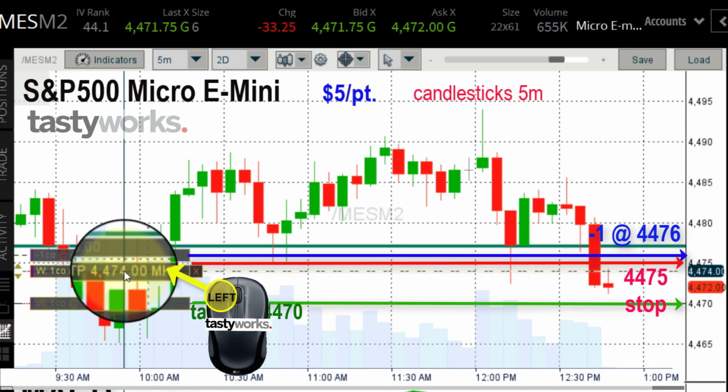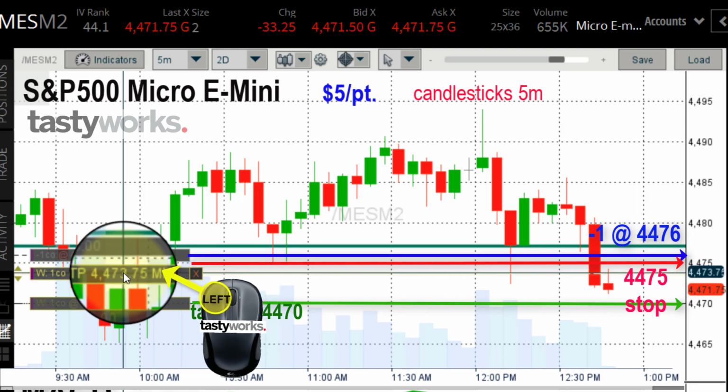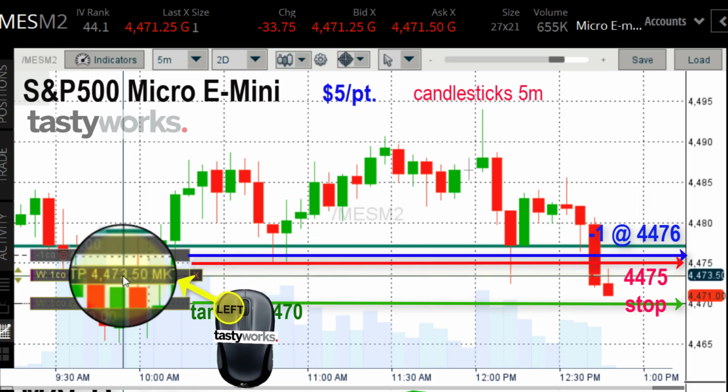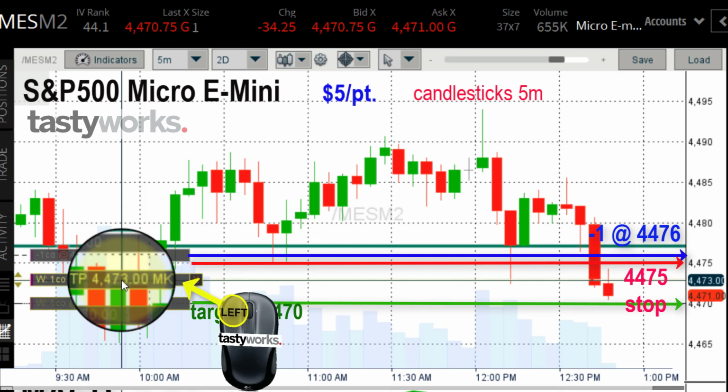Okay, I'm moving down now, up $20 in the trade. I take my Tastyworks mouse and I hit that left mouse button and click and drag that thing down and move my stop down here, and I'm going to go down to